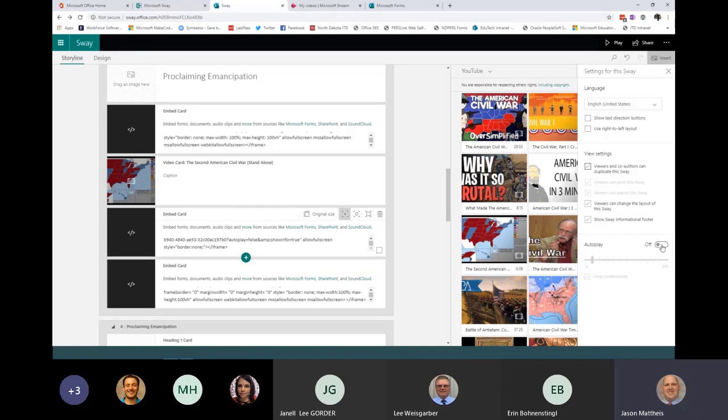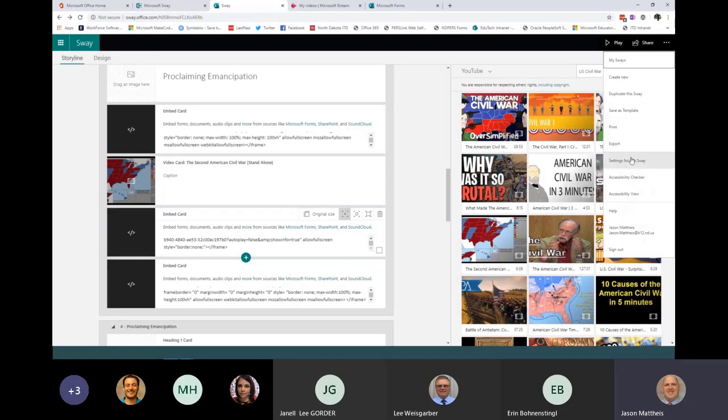And then my last setting, I can autoplay this. If you have a PowerPoint presentation, you can time the slides and you can have it play through. So it's just a running slideshow. You can do the same thing in Sway. You can't really drill down and show how long each specific thing is going to stay up, but you can set autoplay to on, and then you can control how long it's going to stay on each one of these cards as it goes through. It's kind of an all or nothing thing. You can't have one card stay on longer than something else. It's just one setting that you turn on, and that's going to impact the entire Sway. All right, but those are some settings that you can